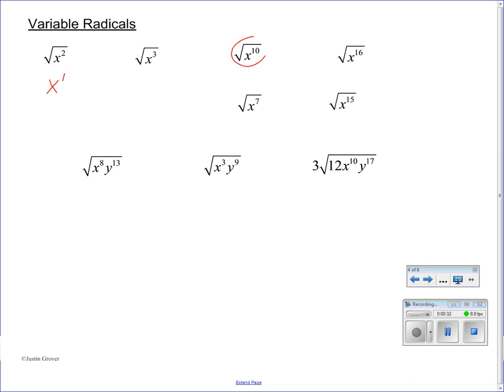The square root of x to the 10th is x to the 5th. The square root of x to the 16th is x to the 8th. We just divide our exponents by 2. But when our exponents are odd, it's not so simple. We're actually simplifying a radical in that case, where our answer will have a radical left in it, like x